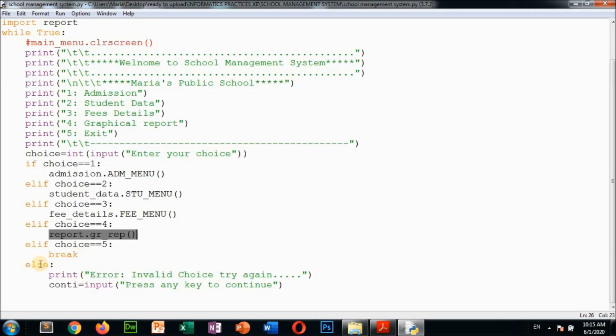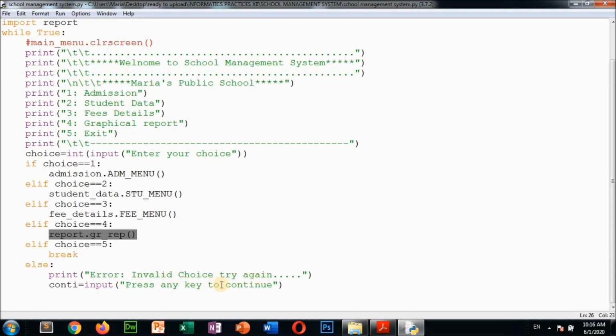Else, if you have entered anything which is not in the list, there are 5 options, 1 2 3 4 5, and suppose you entered 10, that is an invalid choice. You have to enter from 1 to 5 only. You entered 10, which is not in the list, so it comes to the else part and shows the error, invalid choice, try again.